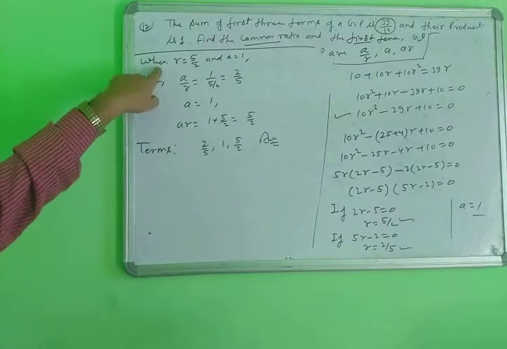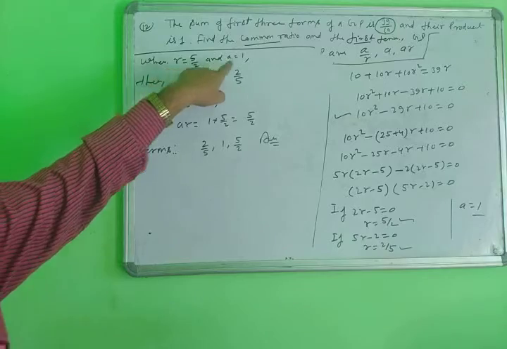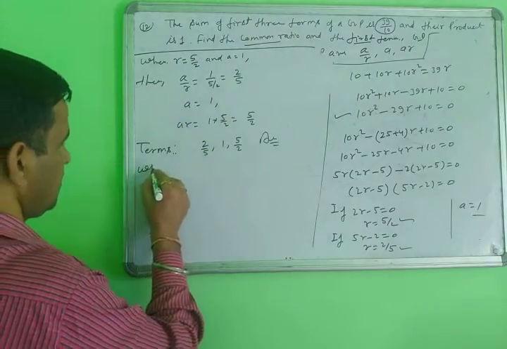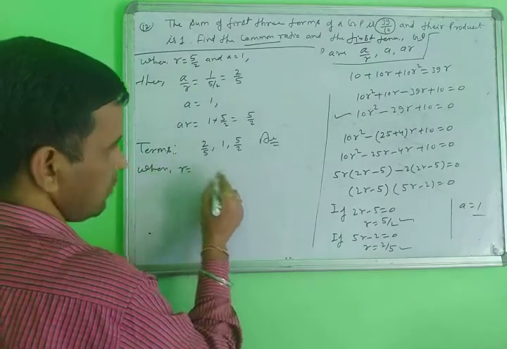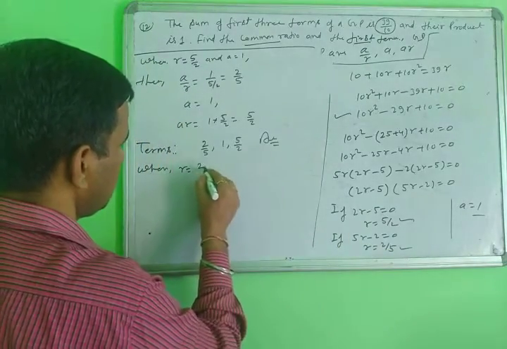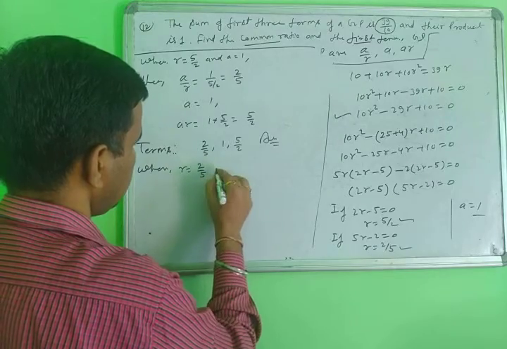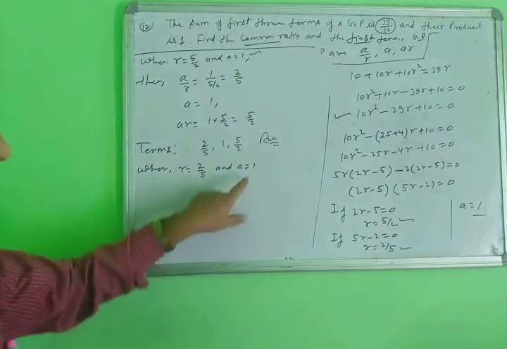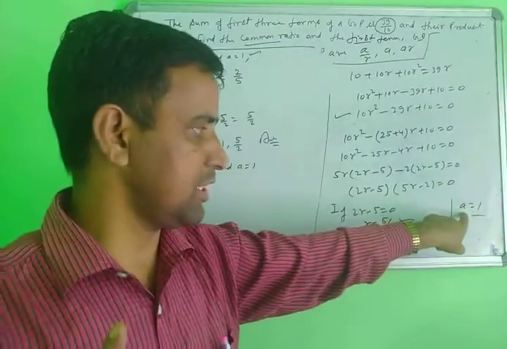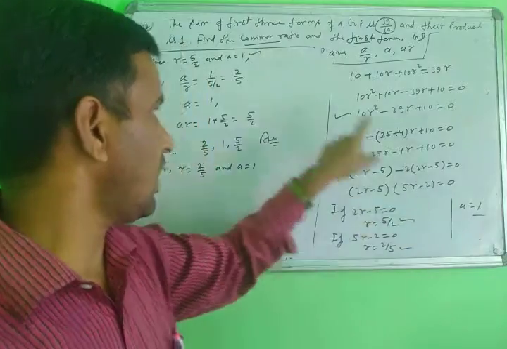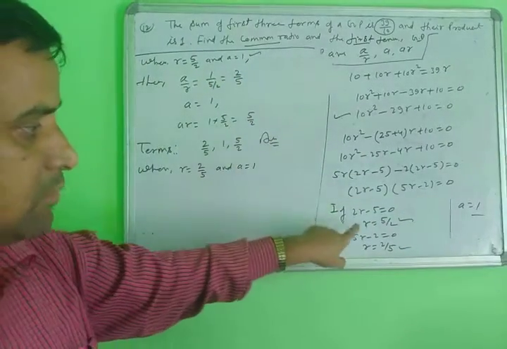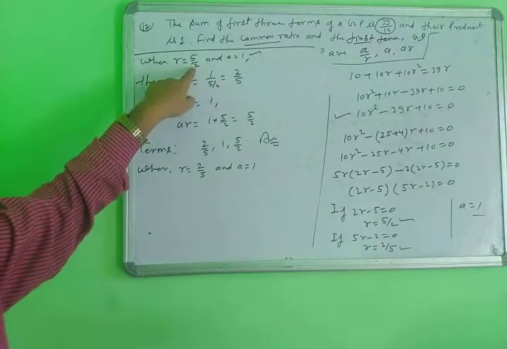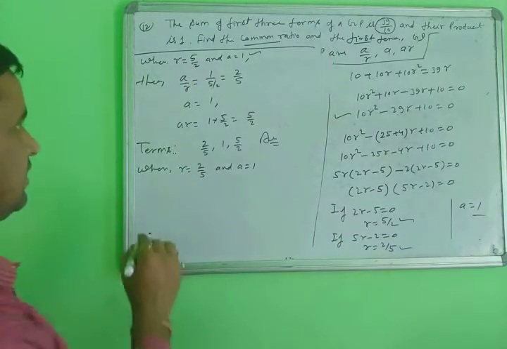Second, when the value of R is this and this, then the terms of the GP are this. When R is equal to the second value, 2 by 5, and A is the same, a single value of A, not two values, so we will put 1 every time. But the value of R here is 2, here 5 by 2, here 2 by 5. Here I am putting 5 by 2, here putting 2 by 5. So then